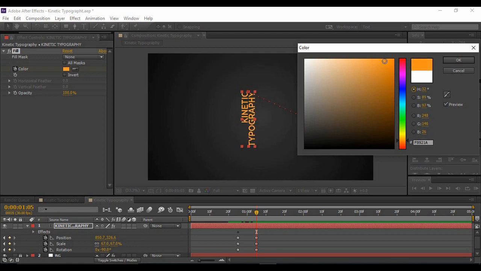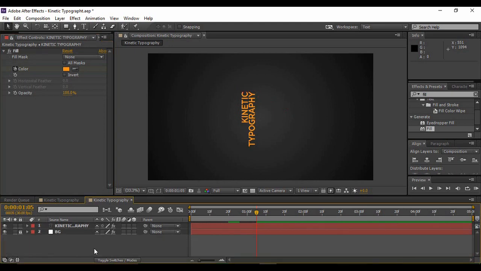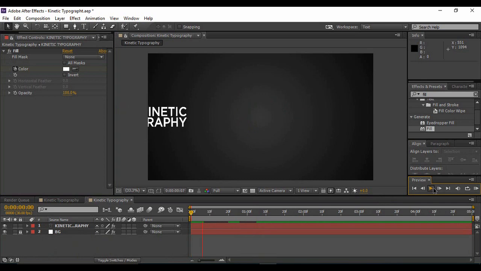I'm using this color and this is the hexadecimal value. Hit OK. Now the animation that we have created so far is going around like this. So this is the basic animation that we have created, and it is the exact thing we are going to